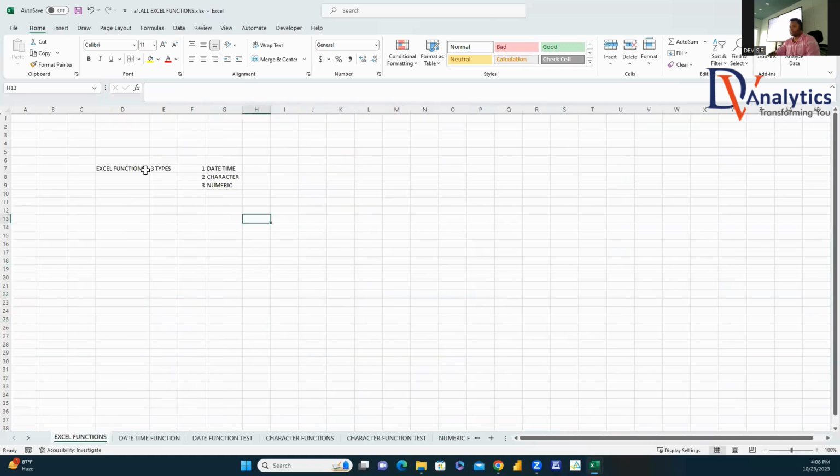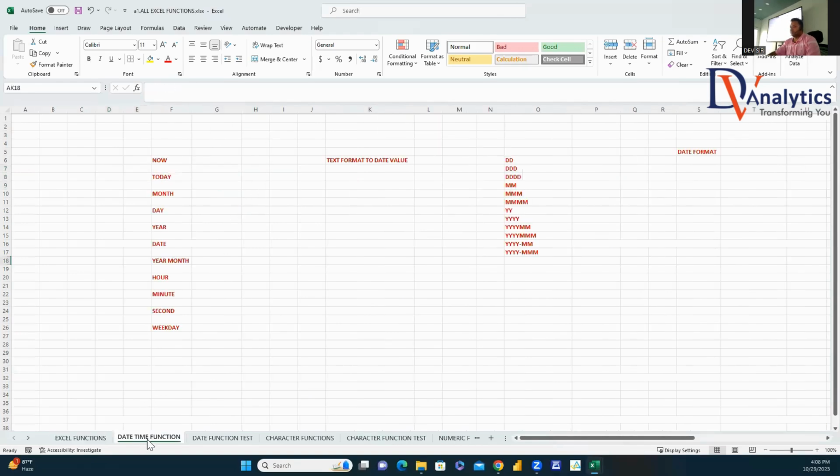So we'll start with Excel functions, which are of three types: datetime functions, character functions, and numeric functions. Coming back to the datetime functions, there is a function called NOW. If you use NOW with brackets, it is going to give you the current date as well as the time. If you write TODAY with brackets, it is going to give you the current date or today's